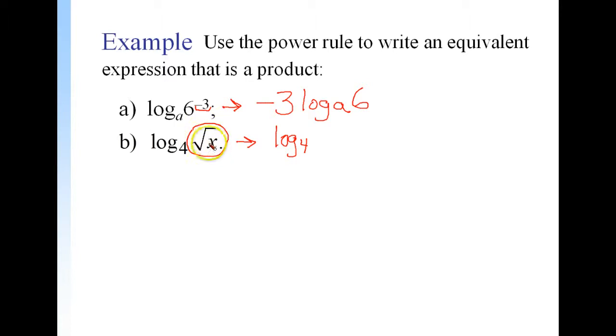And what is this in its radical form? What is it in its exponential form? Well, it's x to the 1/2 power. Remember, we said 1/2 is the square root of something. So now we can write it. Our exponent is 1/2 that we put in front,